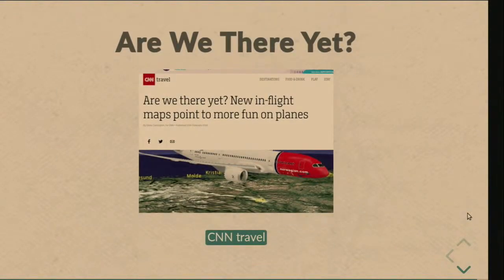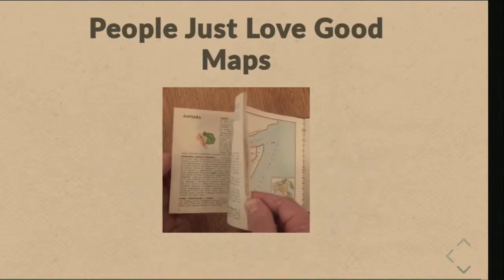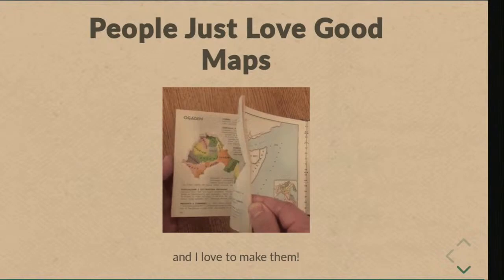If you look at planes, for example, there's always a nice functionality on your screen to follow where the plane is. And this is actually one of the most used functionalities on a plane. Just sitting in a plane, you don't have any control over how it flies, but people always want to know where they are. And I think this shows the power of maps, that we always just want to know where we are. And I think even with the self-driving car, there will always be work to make maps. And I don't know, people just love good maps. And I love to make them. So I hope we can still keep doing that for a long time.